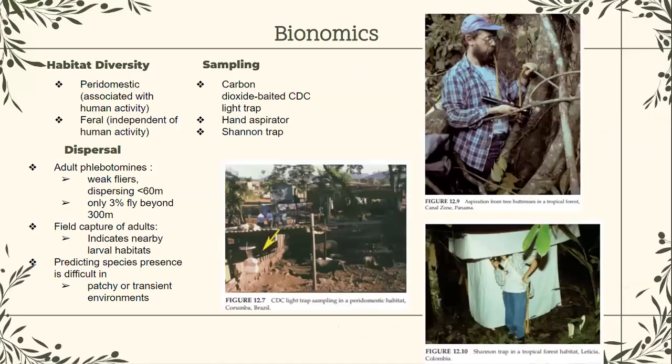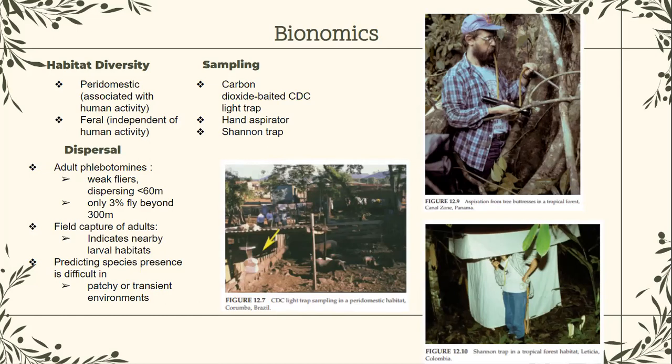Now for the next slide, habitat diversity. Phlebotomine sandflies can be grouped into paradomestic, associated with human activity, and feral, independent of human activity, habitats. Paradomestic adult flies are found in high densities near larva habitats such as soil and feces mix, and are often collected from domestic animals, whilst feral environments are less predictable but can be found in moist forested areas, protected